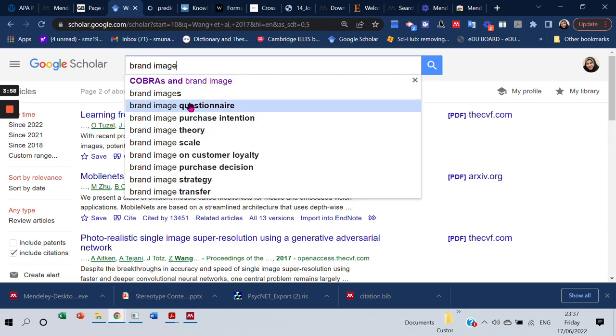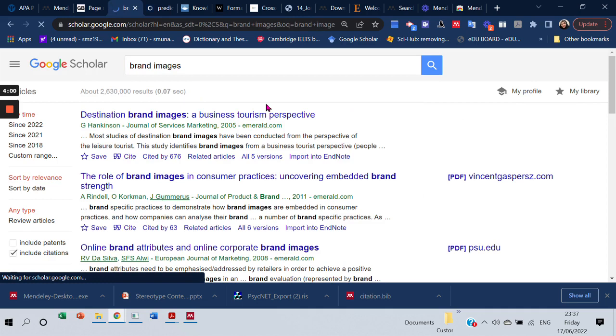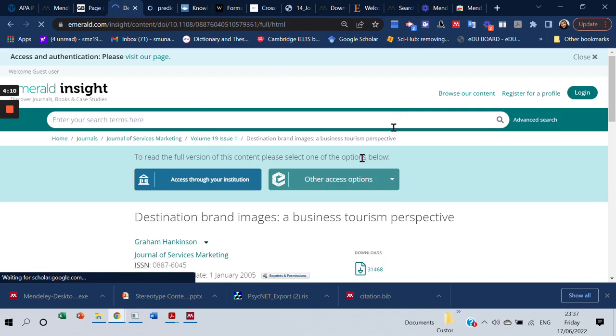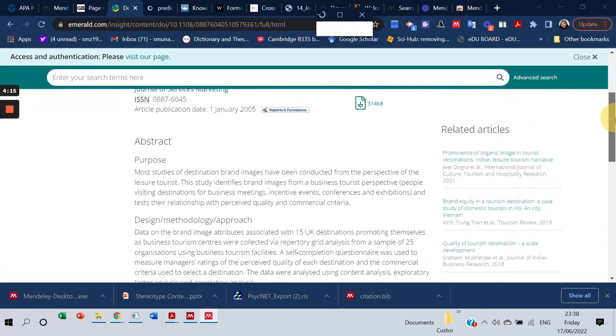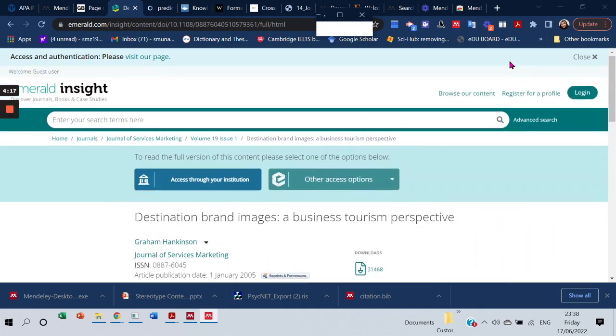And let's look at this one. Now it's giving me destination brand images. I'm interested in this article. Let's click on this. And here I am on the web page of this article. Now, when you are on the web page of the article, just click on the Chrome extension that you have here,